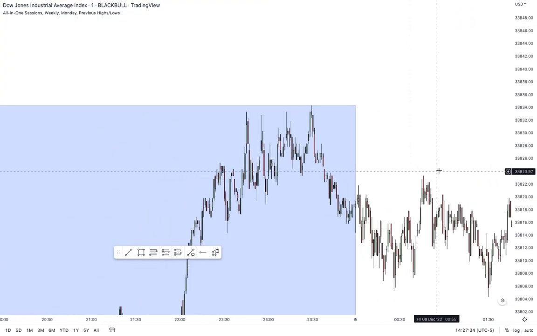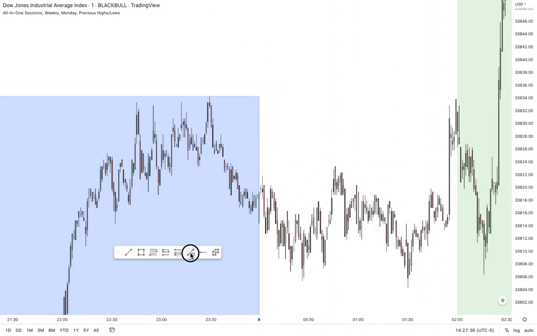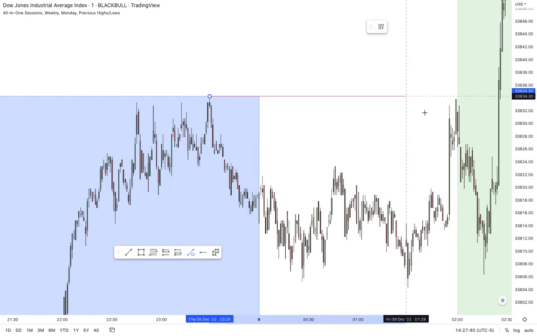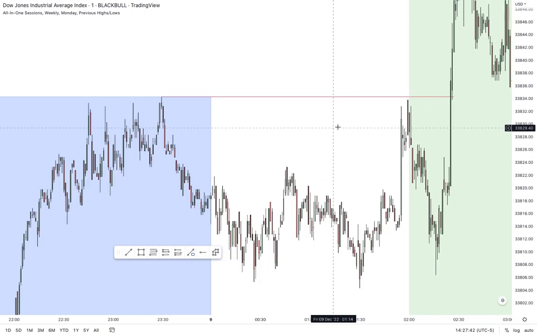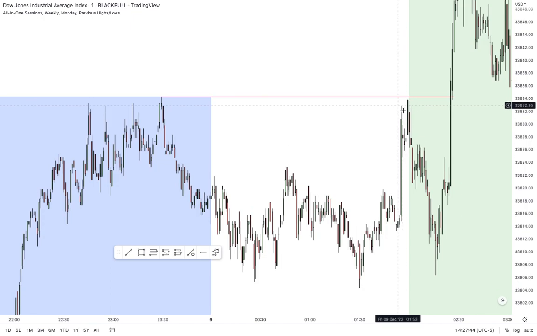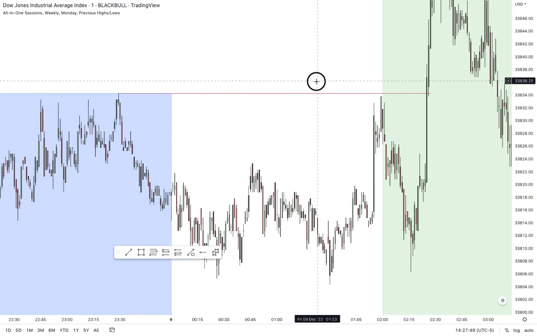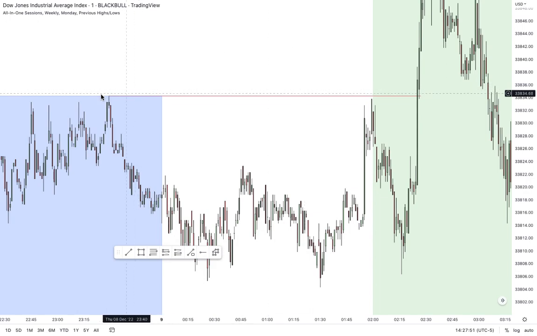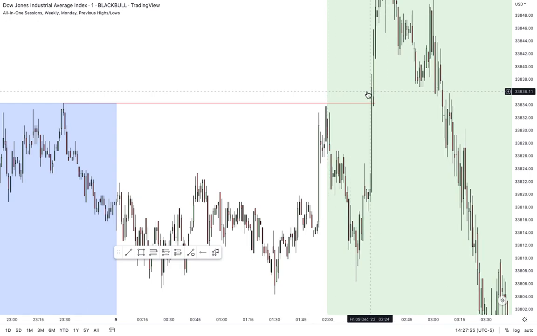So this was our Asian session highs, right? And this was some sort of relative equal highs as well. So we were looking for these sweeps of the Asian highs during the London kill zone,